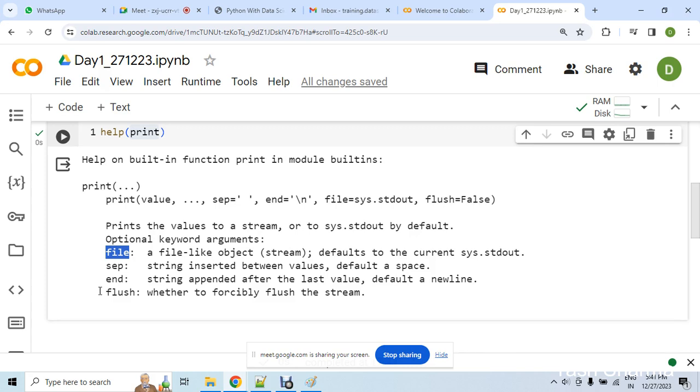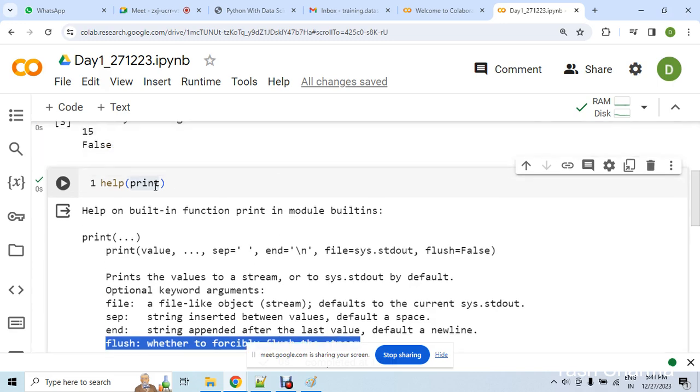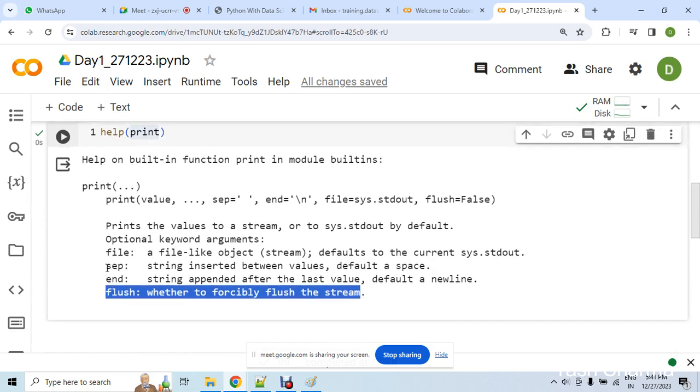Okay, flush, which is not recommended, it is actually forcibly flush the stream, meaning if you want to clear the screen, if you want to clear the memory, then you can use this flush. ये भी आप लोग यूज नहीं करोगे, बहुत रेयरली, ना के बराबर। The important parameters which you are going to use of print function is this separator or end,